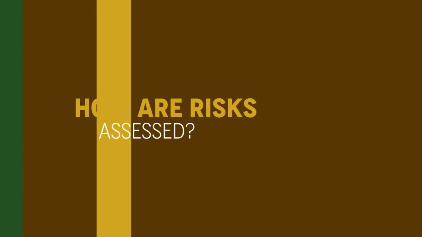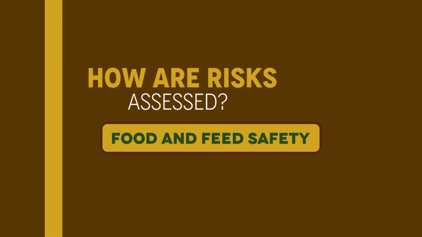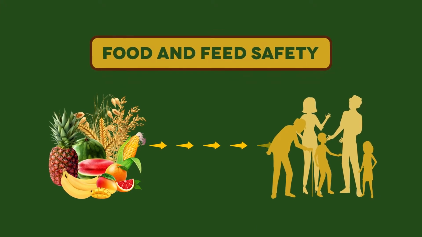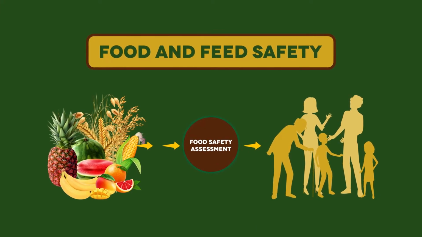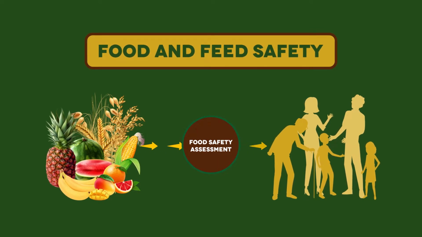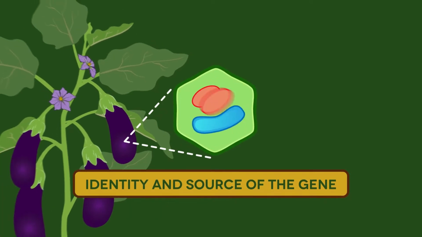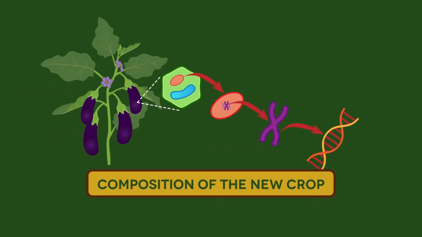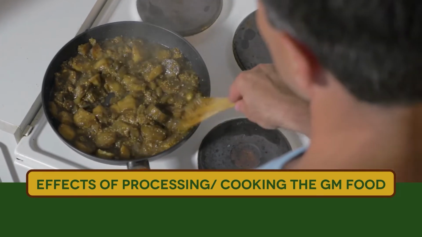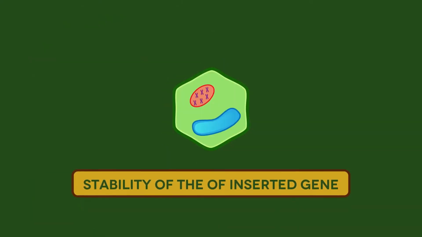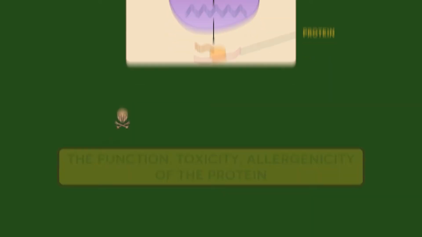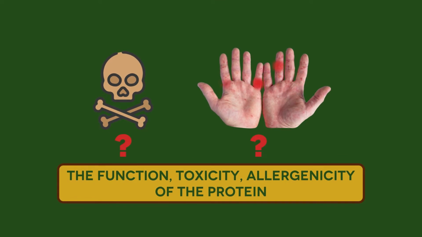How are risks assessed? Food and feed safety. Food safety assessment is carried out to detect any hazard, nutrition, and concerns that may harm the health of consumers. The following are assessed: identity and source of the gene, composition of the new crop, effects of processing and cooking the GM food, stability of the inserted gene, the new protein produced by the inserted gene, and the function, toxicity, and allergenicity of